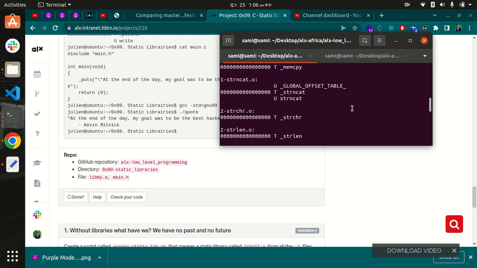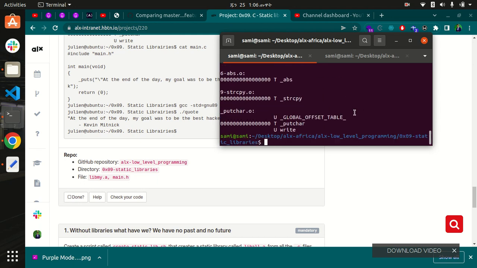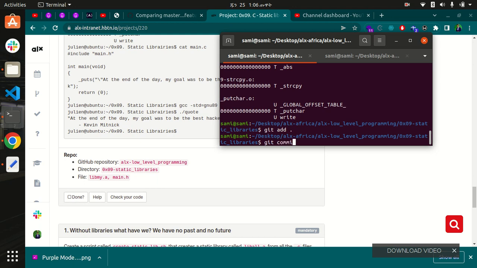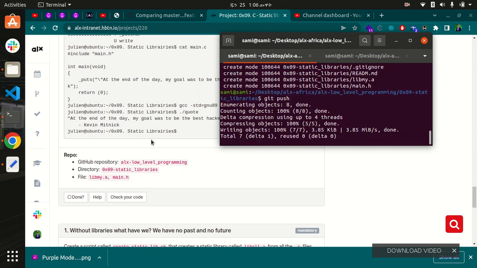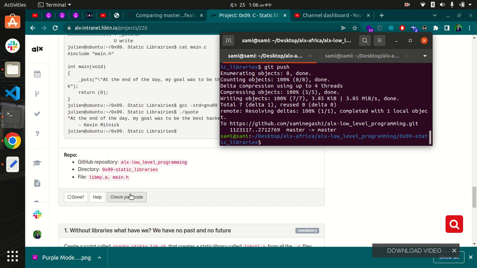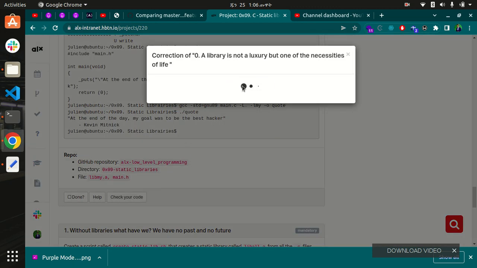So I'm going to add this file and check if our code is correct. Git add all, git commit message static library created, git push, and if I check my file,